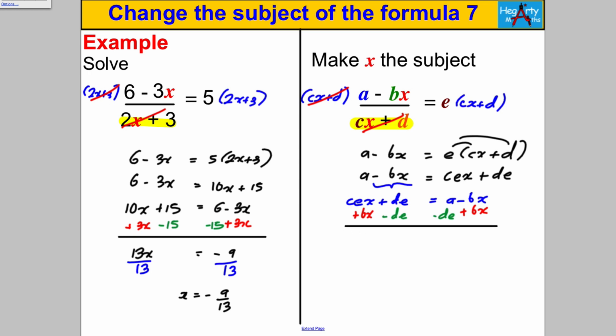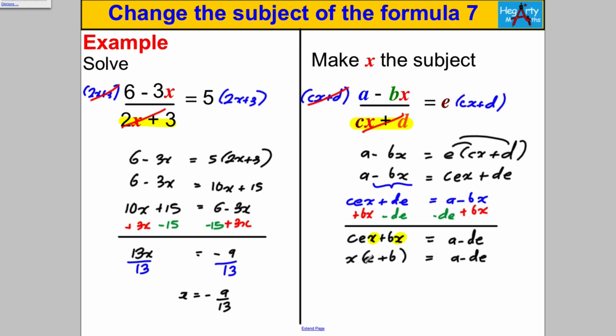Tidying up, what do I have? Well, I'm going to have for myself cex add bx is therefore equal to a subtract de. Now how do I extract the x from here and here? I'm going to factorize out that x, aren't I? So factorizing that x, I'm going to get x(ce plus b) equals a subtract de, and then I'm